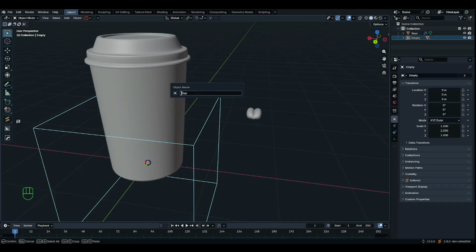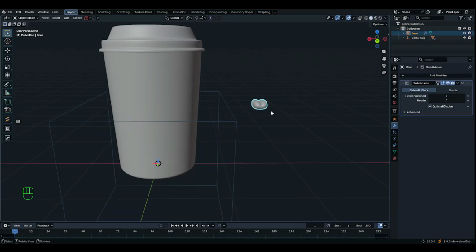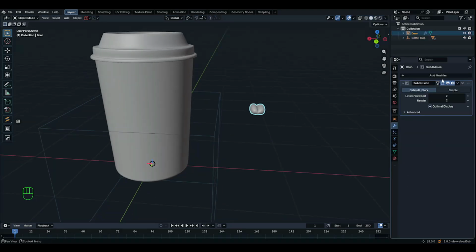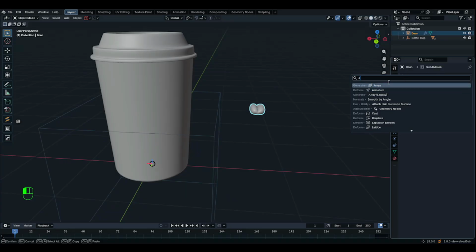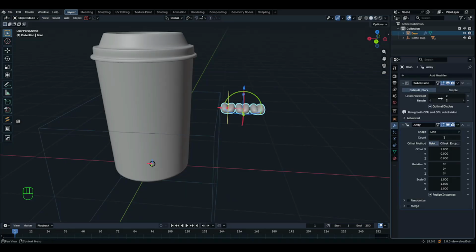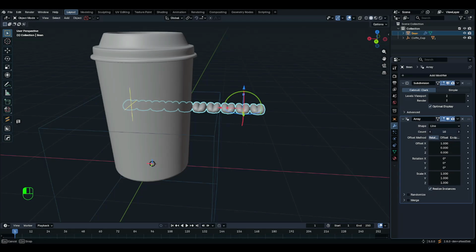Now, rather, coffee underscore cup. Yeah. Now select the bean. Go to the modifiers tab. Add modifier. Add an array modifier. Increase the, sorry, increase the count to maybe 10,